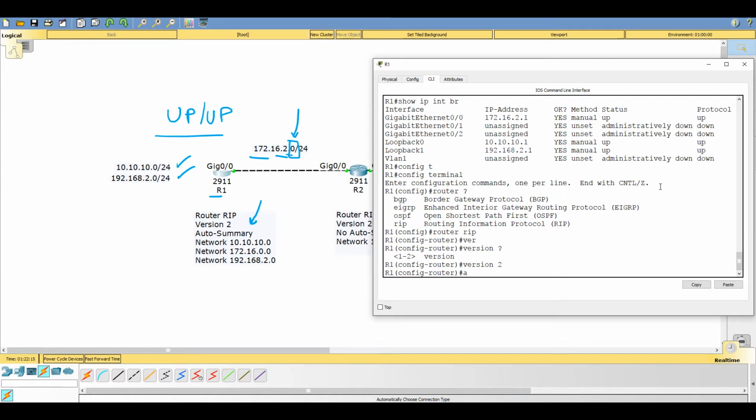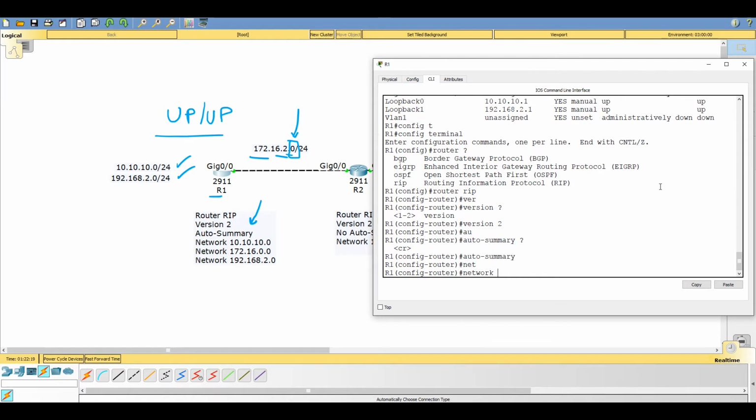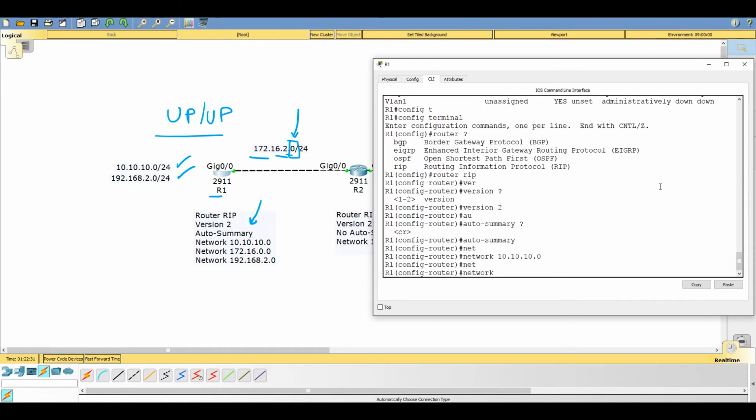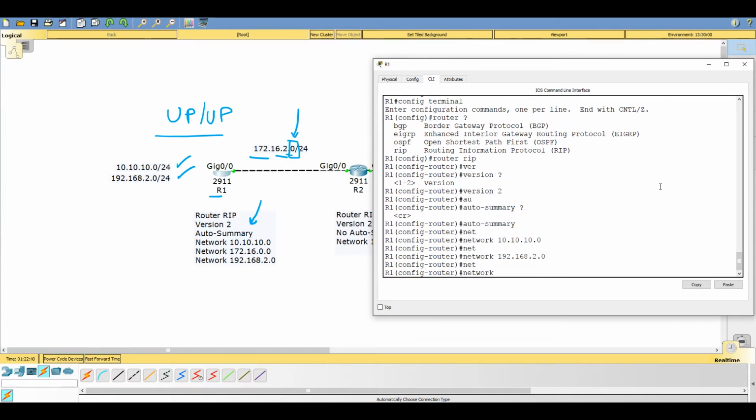Once set, we're going to put in auto summary, and then we're going to type in the network statements to match the interfaces we want to enable the RIP process. So in this case, we want to type in 10.10.10.0, and we also want to type in 192.168.2.0, and now the link between router 1 and 2,